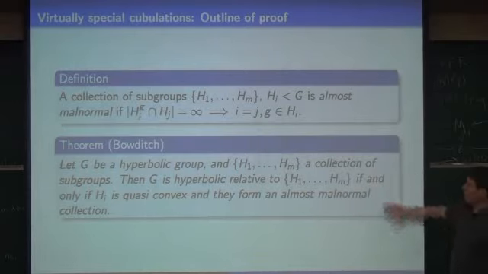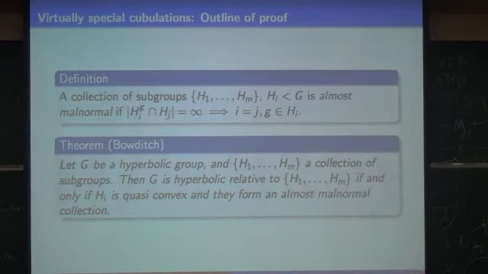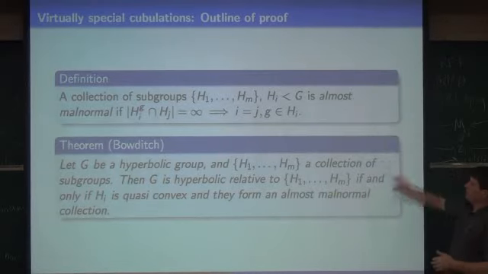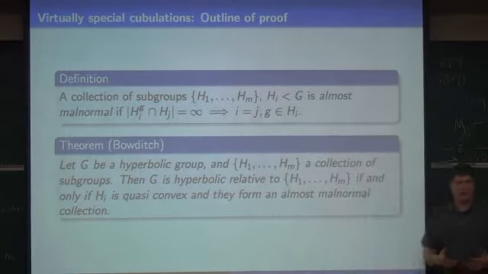So there's a theorem of Bowditch that says that if you have G a hyperbolic group and H1 through Hm a collection of subgroups, then G is hyperbolic relative to H1 through Hm if and only if the Hi are quasi-convex, so I explained quasi-convexity yesterday, and they form an almost malnormal collection, so it's satisfying this definition. Now I haven't explained what relative hyperbolicity is. So I gave a brief